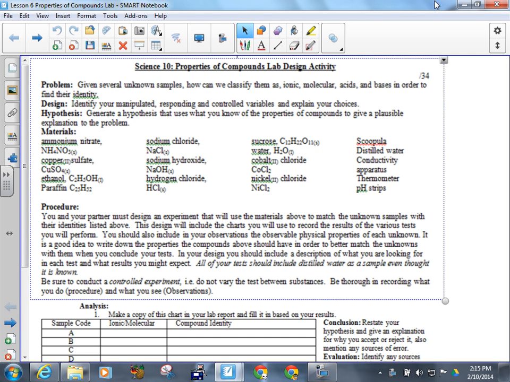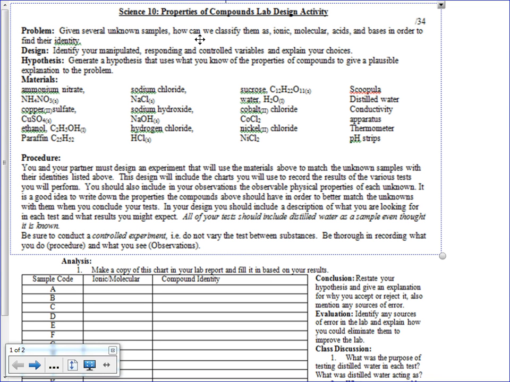Okay, so you have in front of you this handout that has to do with the lab that we are going to be doing on Wednesday. On Thursday and Friday, on Thursday you went over the properties of compounds, and you talked about the certain things that ionic compounds always do, and the certain things that molecular compounds always do, and those are going to be important on Wednesday because on Wednesday you're going to get